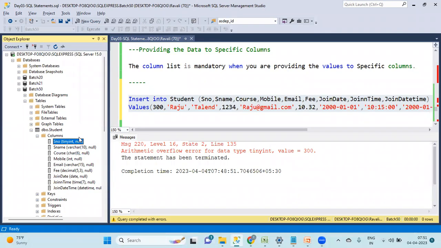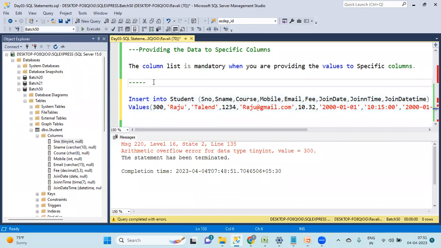One, if the value you are storing is correct, then you need to change the data type. The second, if the value you are storing is not correct, then you have to correct the value and insert. Here the value is correct and I want to store it, so I need to change the data type